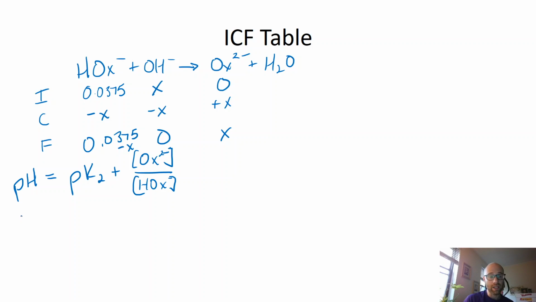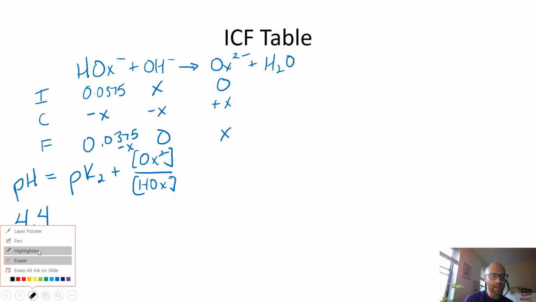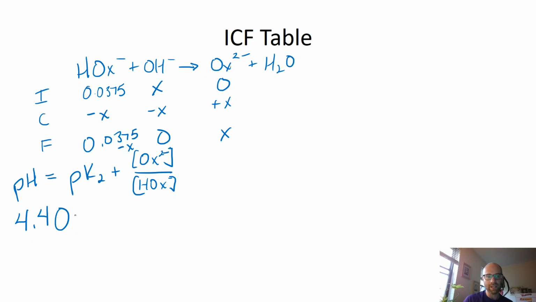And then we can start putting in some numbers. We have 4.40 as our target pH. The pK2 for oxalic acid is 4.266, so we're in the right ballpark. Just plugging in the values from our ICF table, the amount of oxalate at equilibrium is X, and the amount of the intermediate is